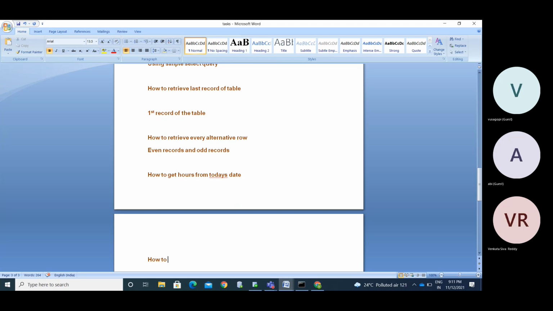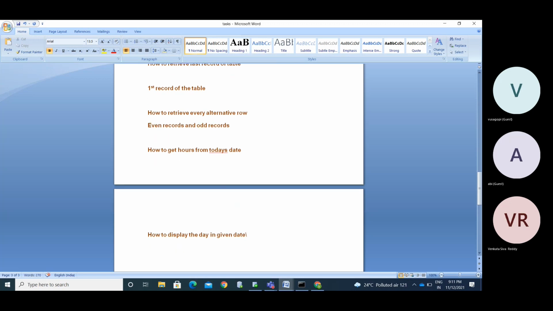How to display the day in a given date. If I provide the date, I need to display which day it is for that: Sunday or Monday, Tuesday, like that.